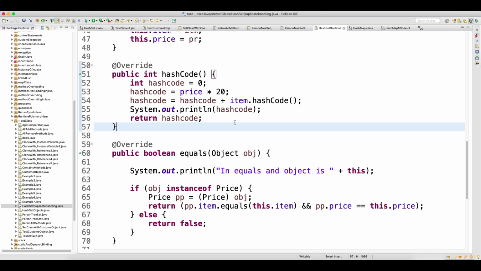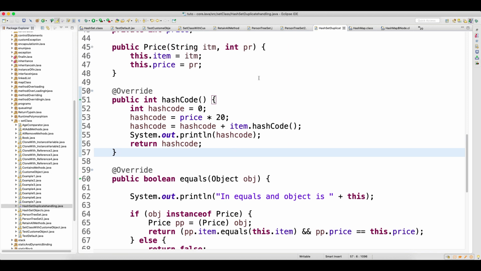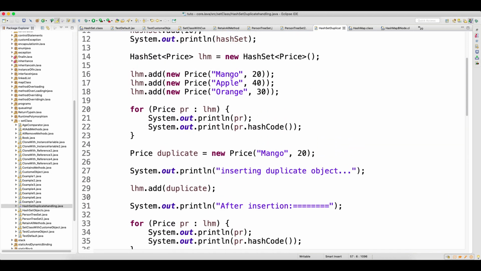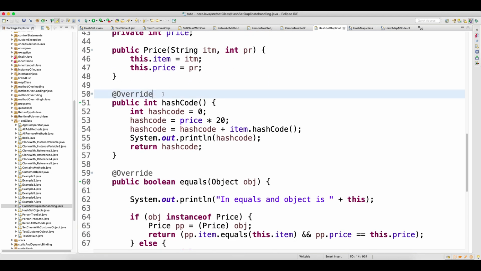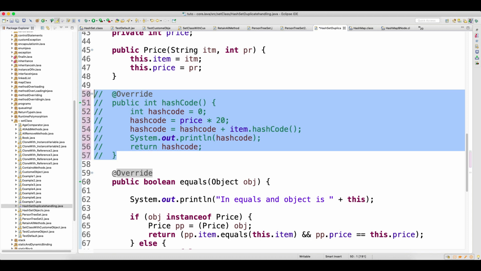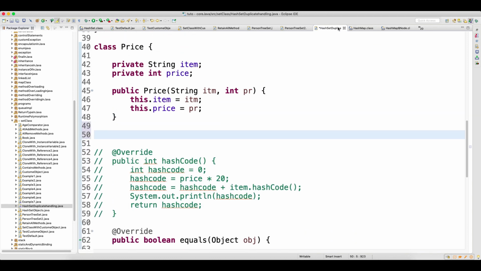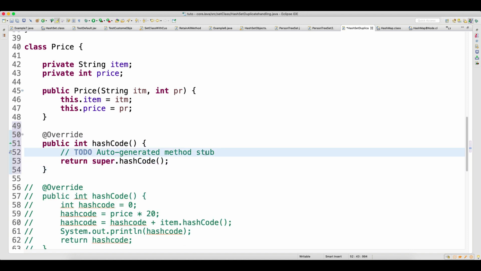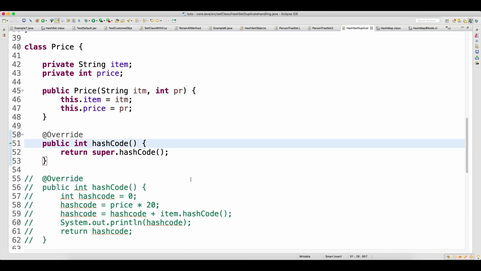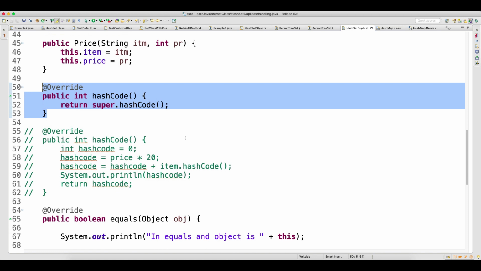You need to make sure that you are overriding both hashCode as well as equals. Now you have to write some logic for that. When you are inserting the record, you need to write some custom logic to generate the hash code. To override hashCode, it's pretty simple and straightforward. It comes from the Object class. So you can just type hashCode, press Ctrl+Space, and click on this. This is the default implementation of hashCode which comes from the Object class. See, this method is getting overridden, but we need to write a custom logic.